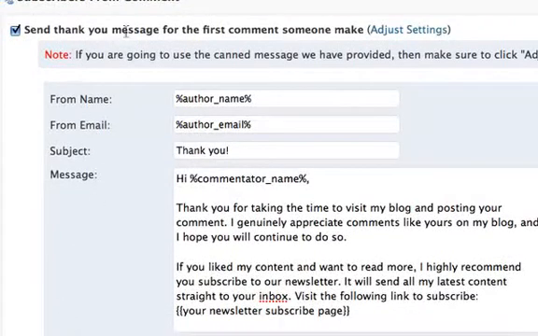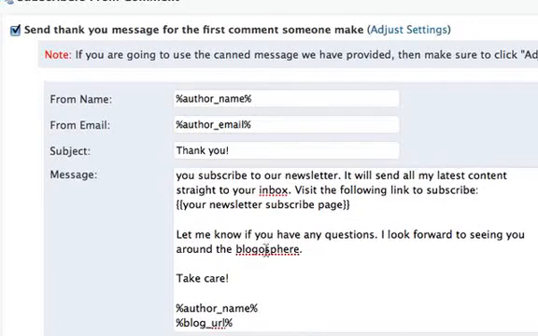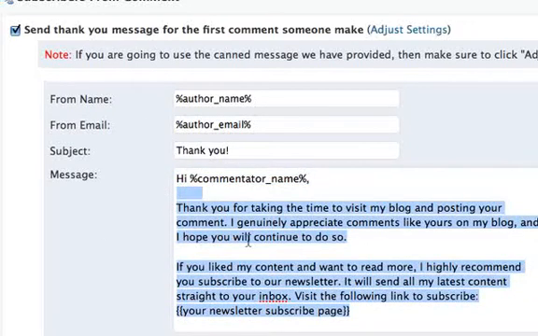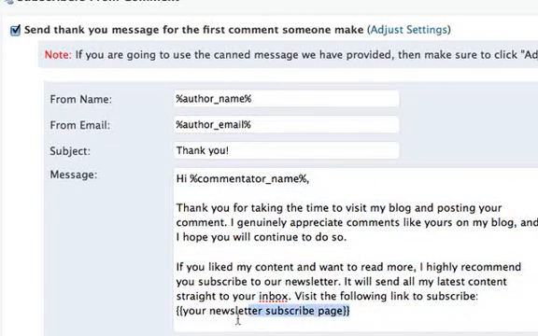Here's the email that they're going to get when they submit their first comment. They're going to get an email just like this. All of this text is changeable. You can make it say anything you want. Notice this variable here, your newsletter subscribe page. You can change that to match your confirmation link,